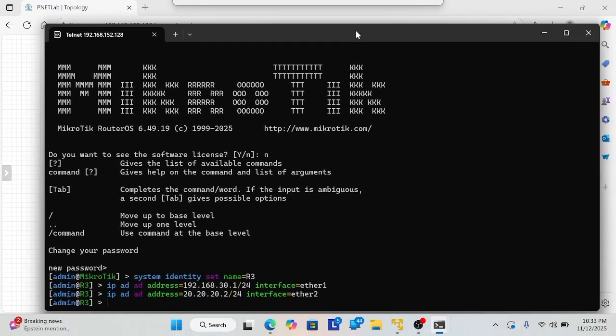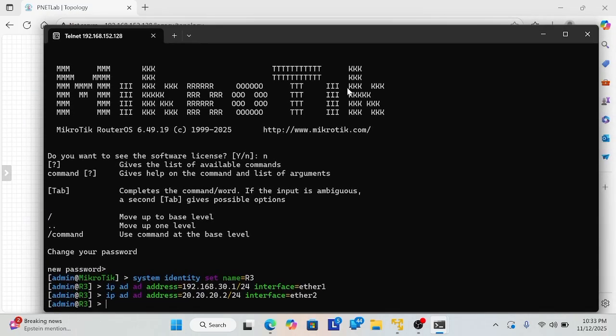And now I want to configure the static route in router 3.